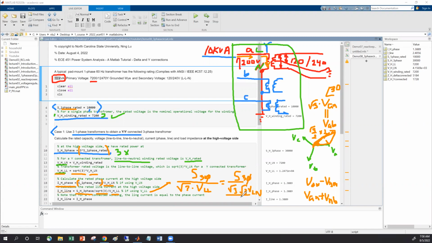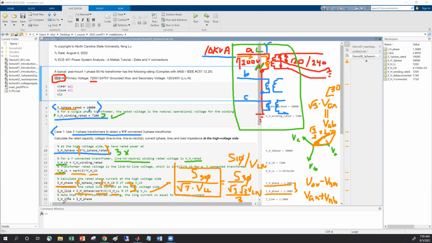And then this is simply equal to 3. So the 3-phase divided by that is simply equal to S1 phase, divided by BLN. You can see that these two are actually equivalent to each other. If you run this code, you will find both give you the same value, so you can use either way. But you need to be aware that this particular formula is used to compute the line current here,